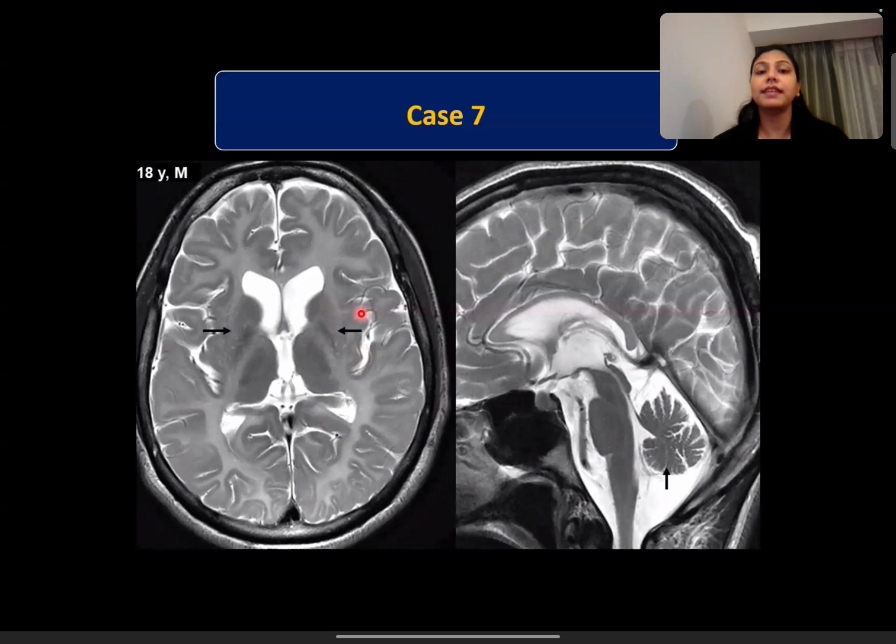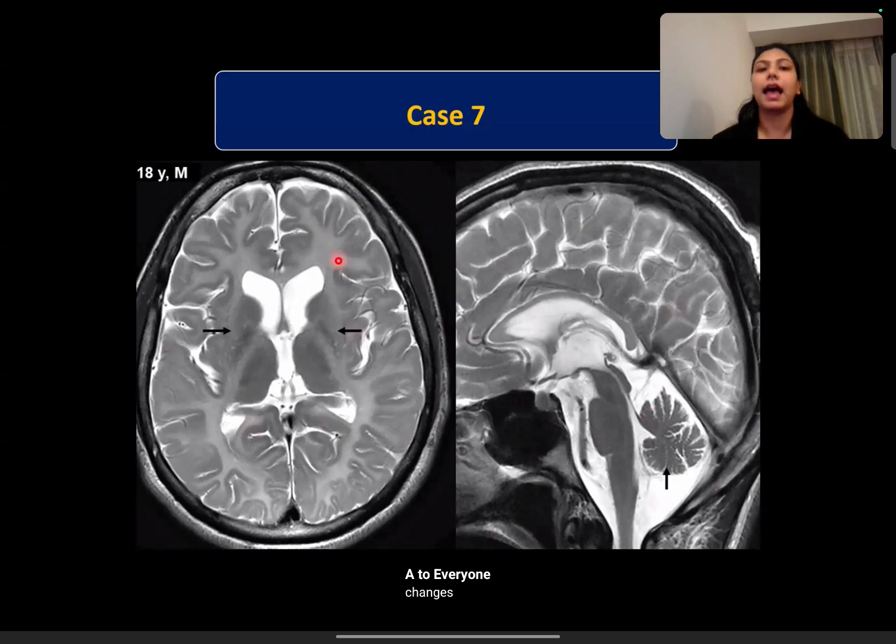So there is very significant atrophy of the basal ganglia. Yes, very good. In later stages, the putamina may look like disappearing basal ganglia. So there is significant atrophy of basal ganglia and cerebellum, and this basal ganglia atrophy is out of proportion to